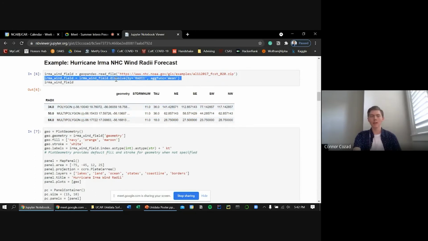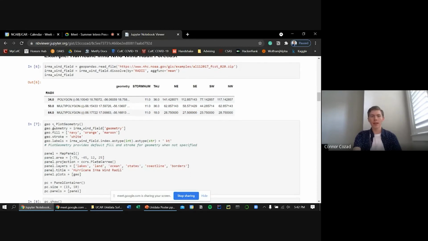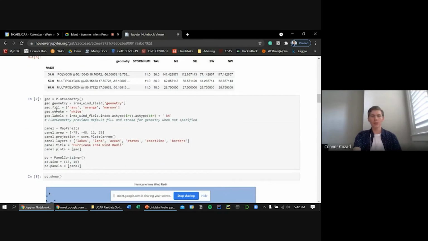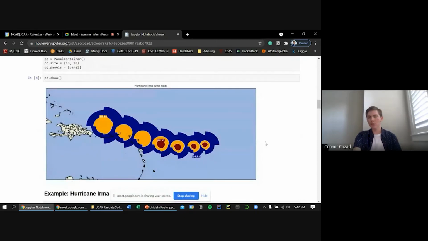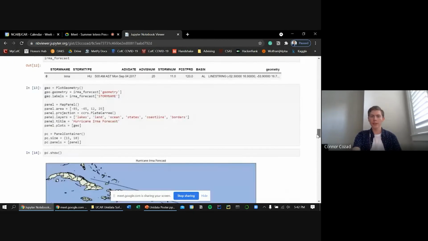And then we kind of combine together all of the shapes by their wind radii, and then giving that fill, stroke, and labels, automatically we can create this plot that has the wind radii already there. So basically taking these products from the National Hurricane Center and Storm Prediction Center and making it really easy to integrate these into MetPy. And so I'll go ahead and scroll down to the last one,